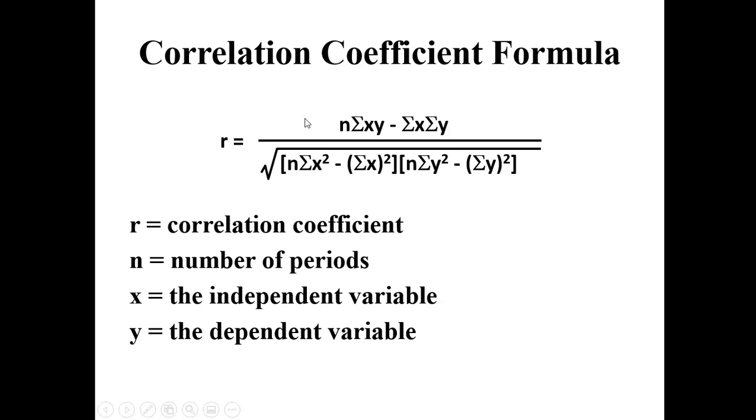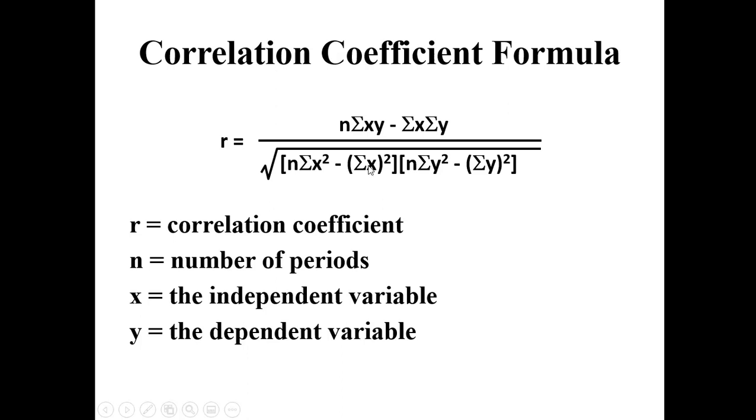Normally, we use this mathematical formulation, and if you already understand the linear regression example, the construction of this formulation is not so difficult. N represents the sample size, the number of periods, the previous periods which you want to take. X represents the independent variable and Y represents the dependent variable. So summation xy: you multiply x with y, sum it, and then multiply with n. So you get this term minus summation x, the sum of all the x values,